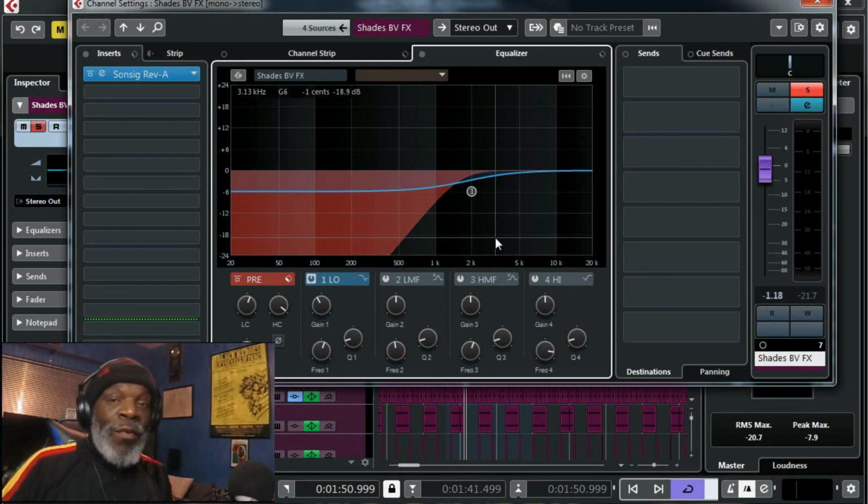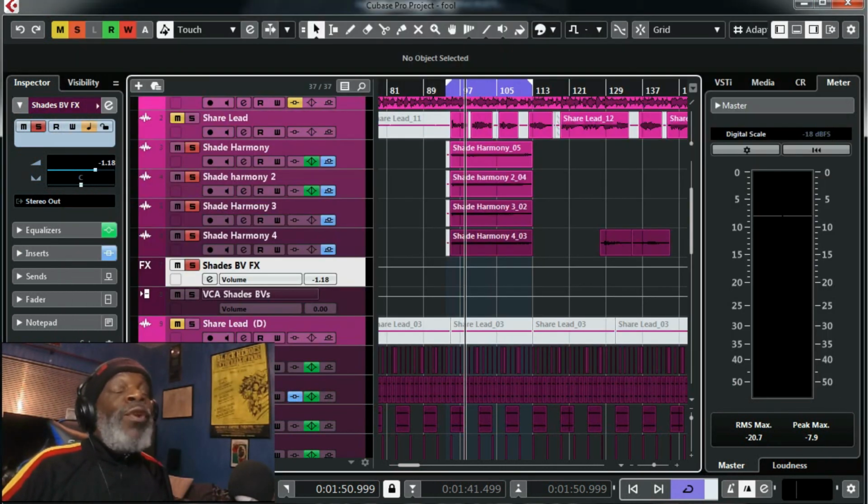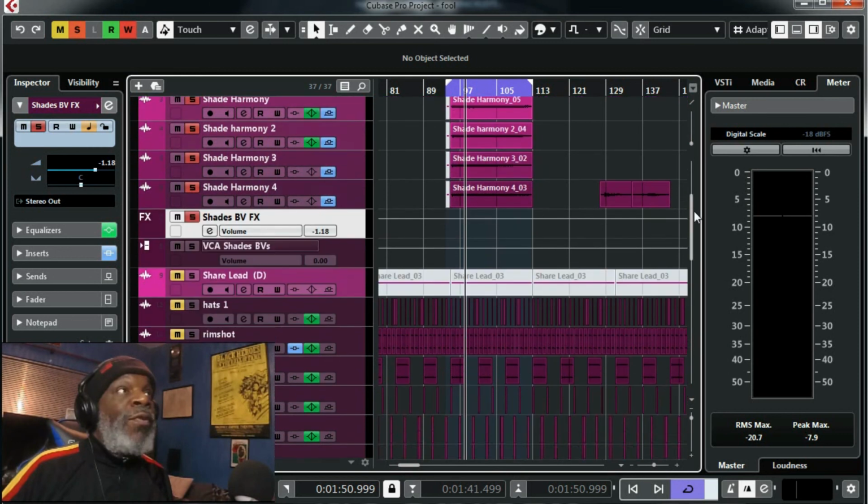If it wasn't completely wet, it would be mixed or blended in with the dry signal, and then you'll be having the affected dry signal on top of the unaffected dry signal within the four harmonies itself, and that just adds up to a whole bag of knives. You know what I mean? You don't want that. So that's pretty much how I preliminarily stack up my vocals, before I fine tune them and put the effects that I need to put on them, and then in turn balance them out